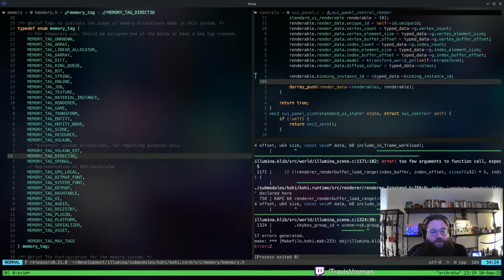The order of operations is we'll get the Vulkan renderer done first, then the Metal backend for Mac OS so that we've got feature parity there, and then I'll do Direct3D last.